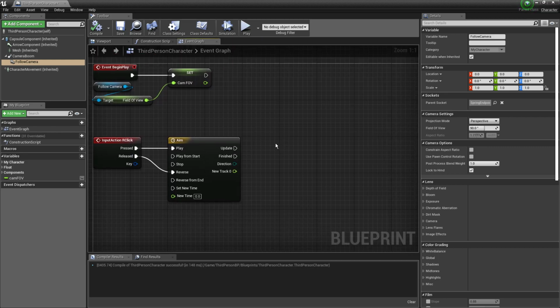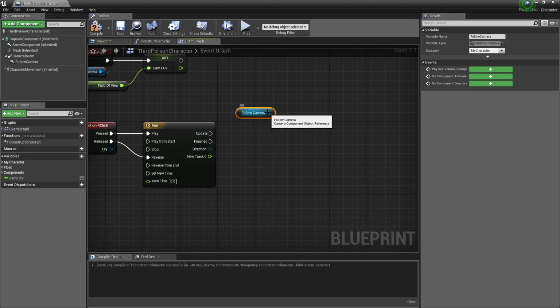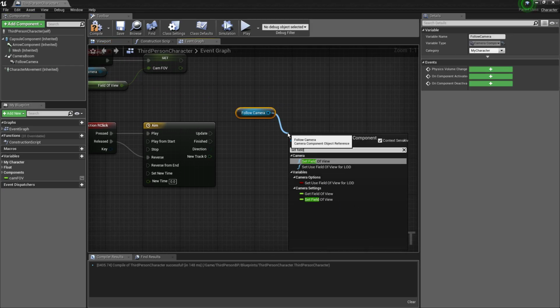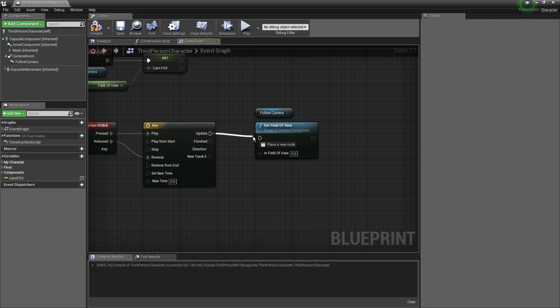All right. We're going to select this, the follow camera and the field of view. Actually, just the follow camera. We can just drag it out here. Drag out another follow camera. Click set field of view right here. Bam. And this part is literally as simple as just connecting update to this and connect these two green ones,